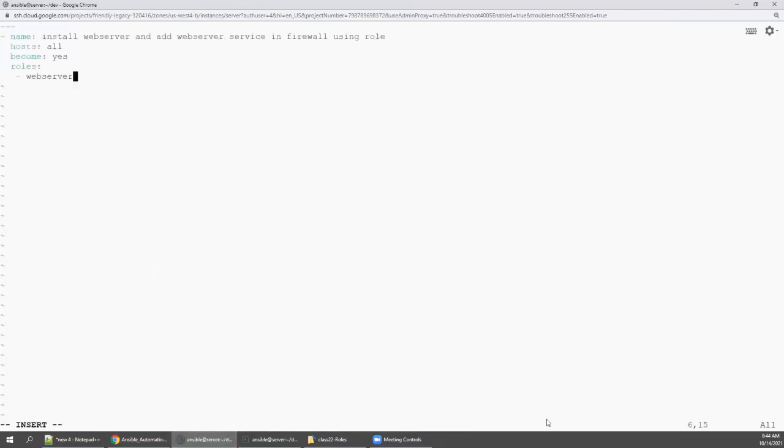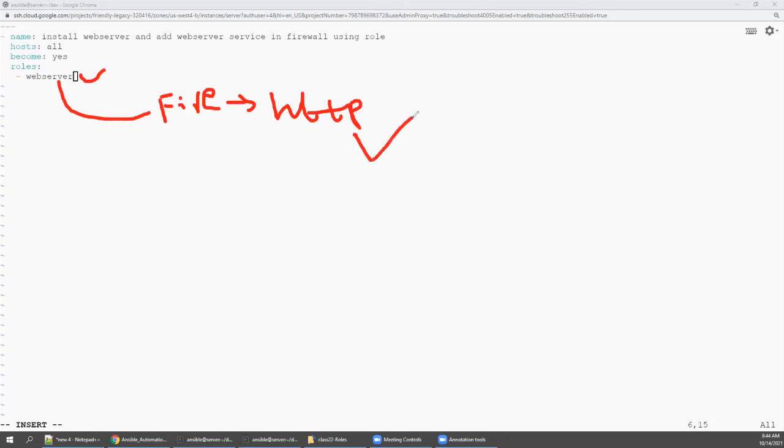What will happen? This web server main role, okay, you are trying to execute this, then the role will be called. So Ansible will check, okay, meta directory, is there anything? Yes. So it will in turn call the firewall role and replace the HTTP value. So what will happen? HTTP will be allowed. Then it will come to task and it will install HTTPD, restart HTTPD, and configure the configuration files. And then since the configuration file is configured, it restarts the service again using the handlers, right? So let's clear this